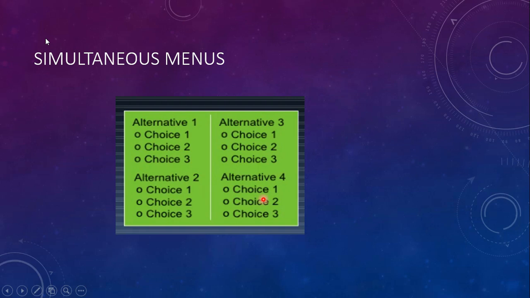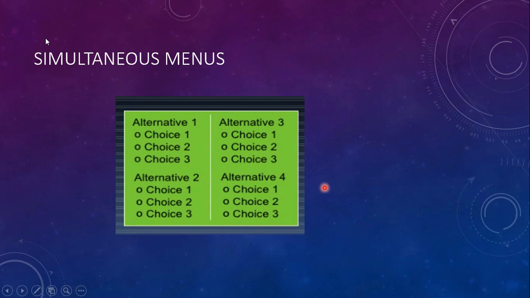So, instead of presenting the menus on different or separate screens, the advantage here is you can display all the menu lists at a time on a single screen.